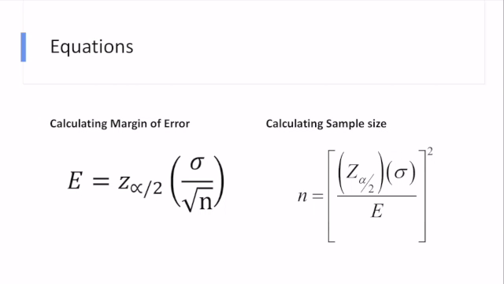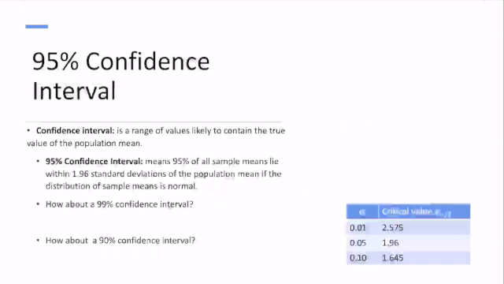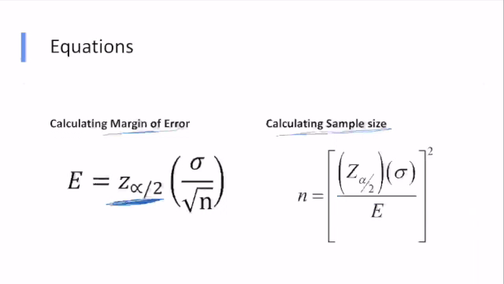So here are two equations that you will be given on exams. This one is calculating the margin of error for sample means, and this one is calculating your sample size. So if I wanted to have a specific error, I would calculate my sample size. Remember that a confidence interval is a range of values likely to contain the true value of a population mean. So when I'm using this to calculate my margin of error, it relates to my confidence interval, okay? And I have to choose the z value that relates most closely to my